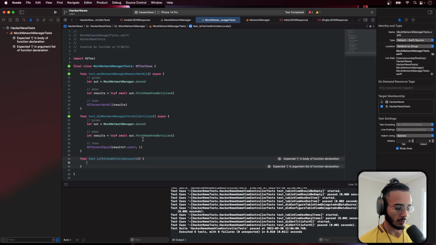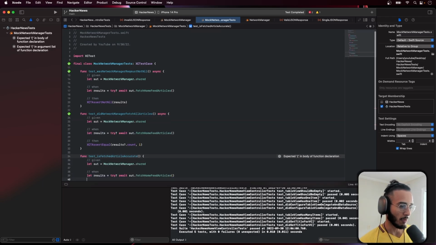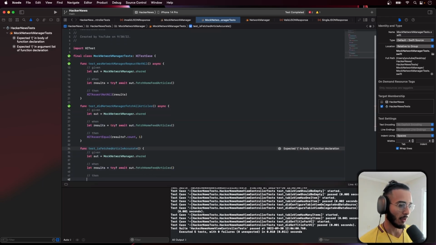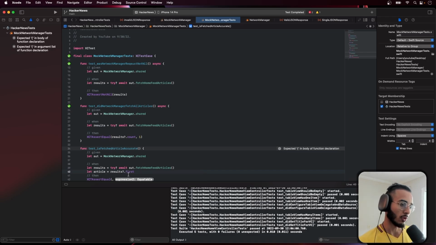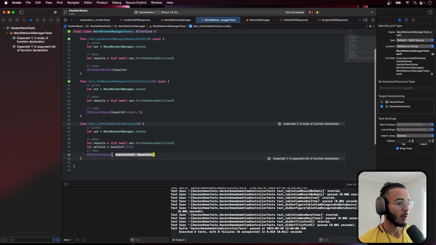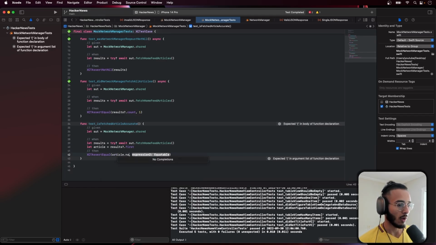And here we're gonna go set similar. Let me just copy and paste this. Similar formula, right? But then in our then, we can put article here equals results dot first, because there should only be one. So article dot